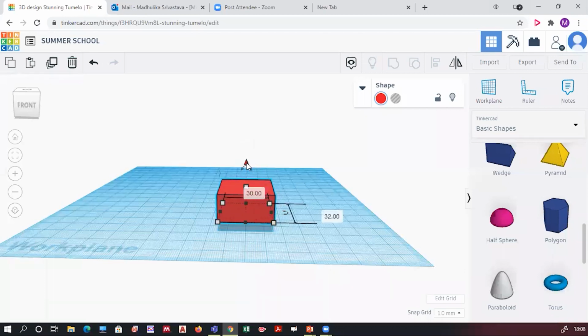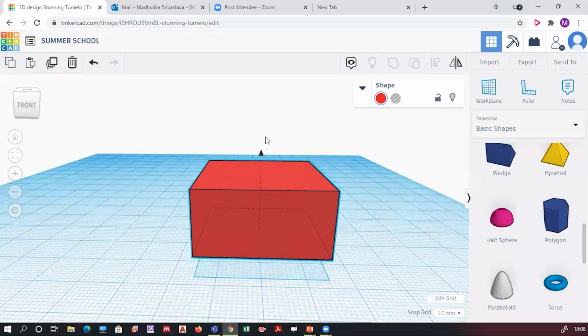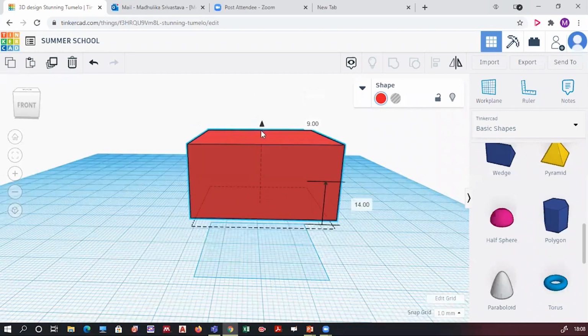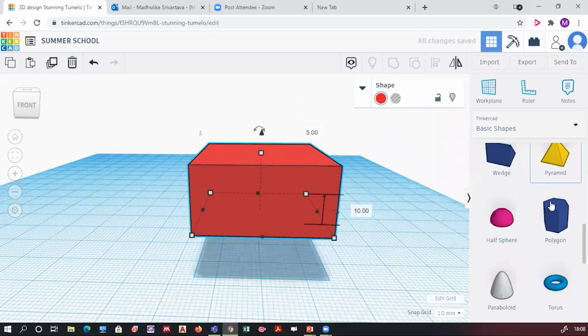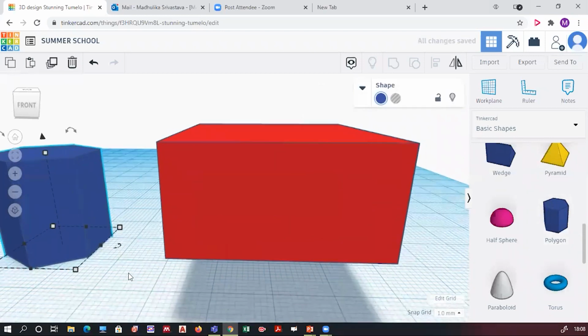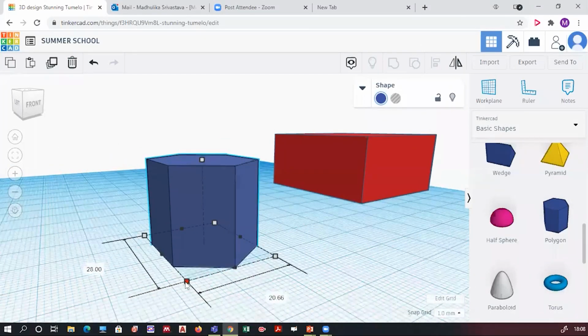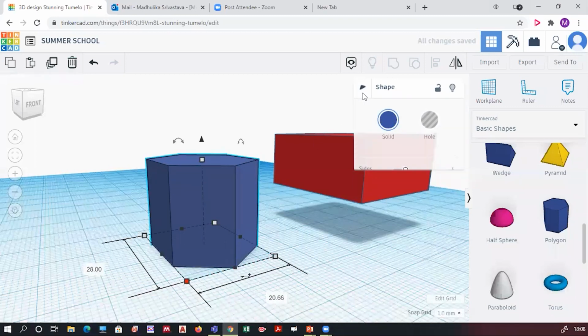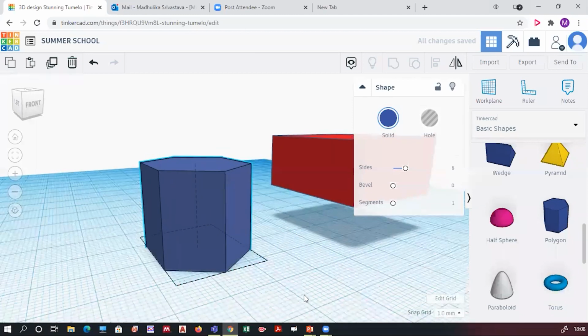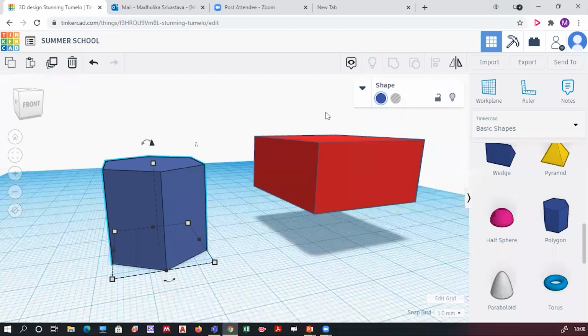Someone has asked how to lift the object. So click on this triangle. Once again, I repeat, this black triangle at the top of the object helps to raise any object. And this is applicable for all the shapes you see. If I select a polygon and I place it, again I can see these white and black dots in front of me, and I can change its shape. Now someone was asking how to change the sides of this polygon. When you click on this polygon, you get an option of shape over here.